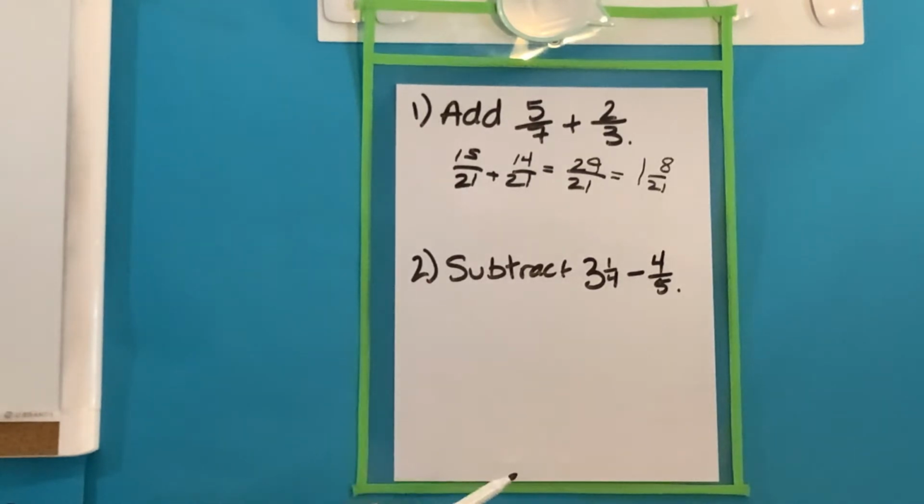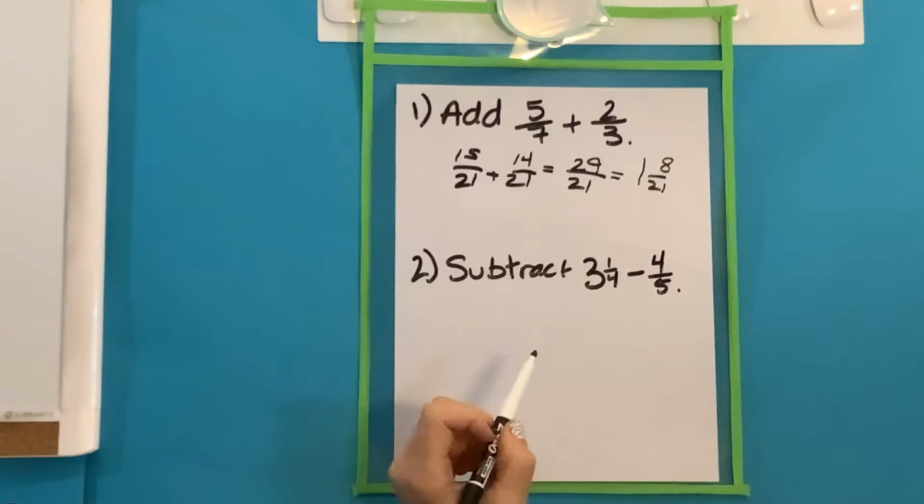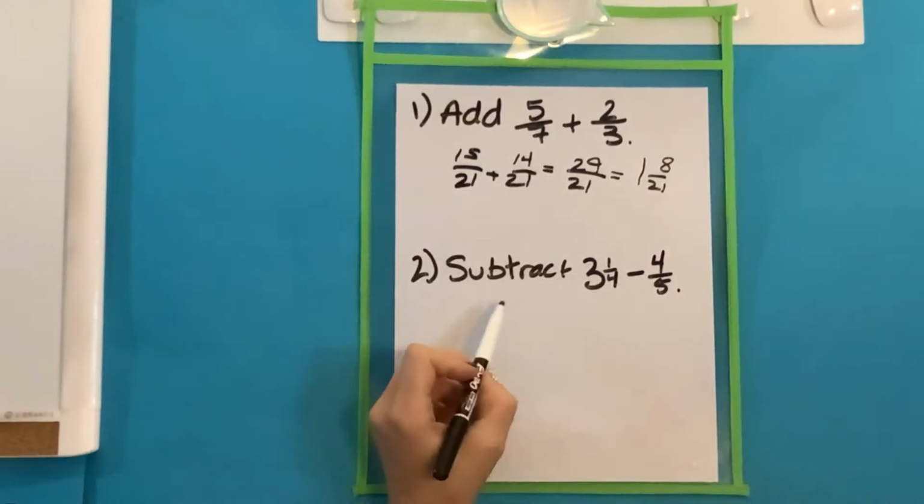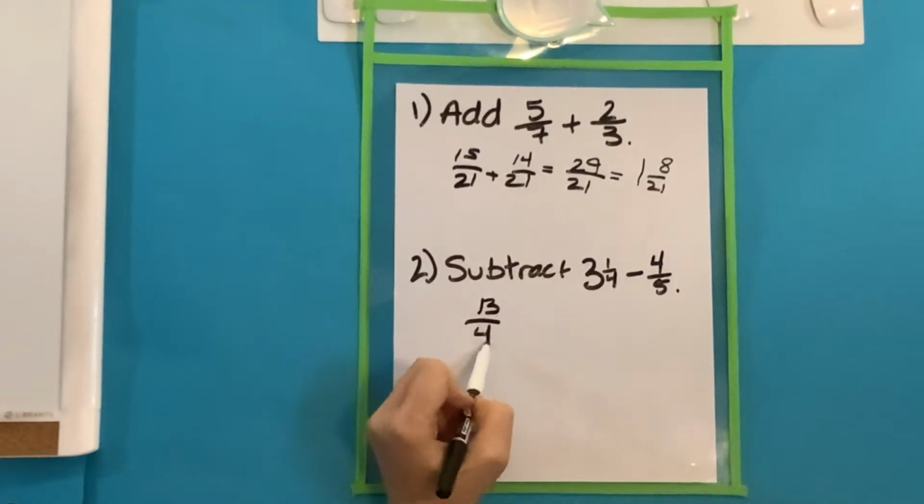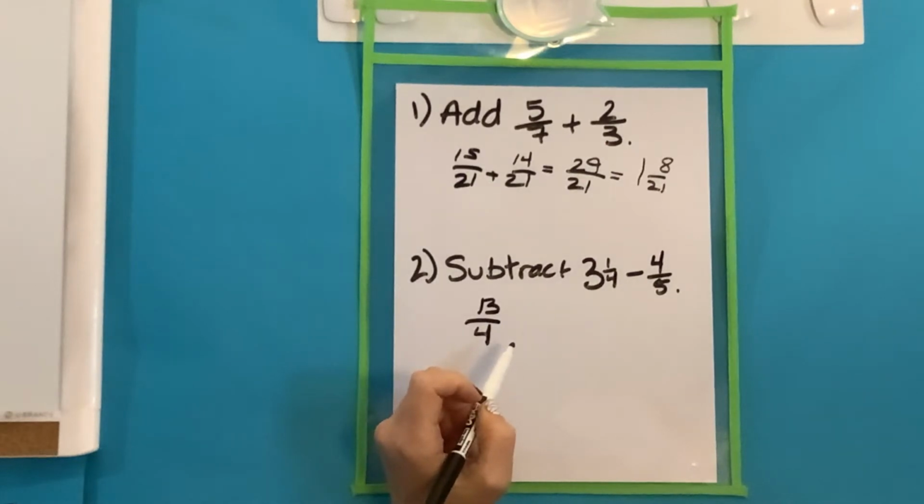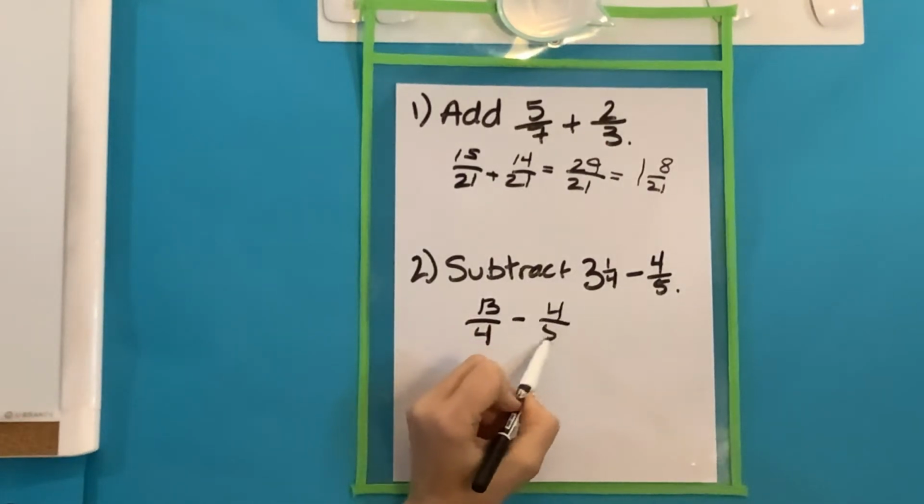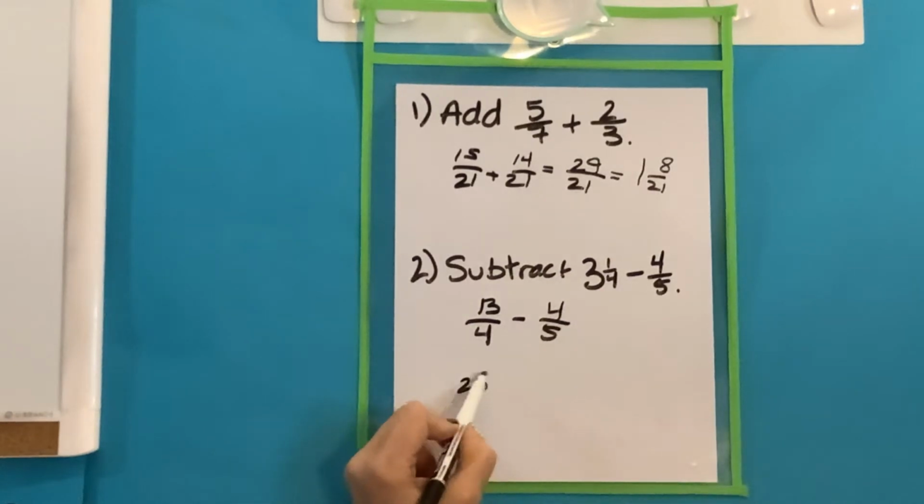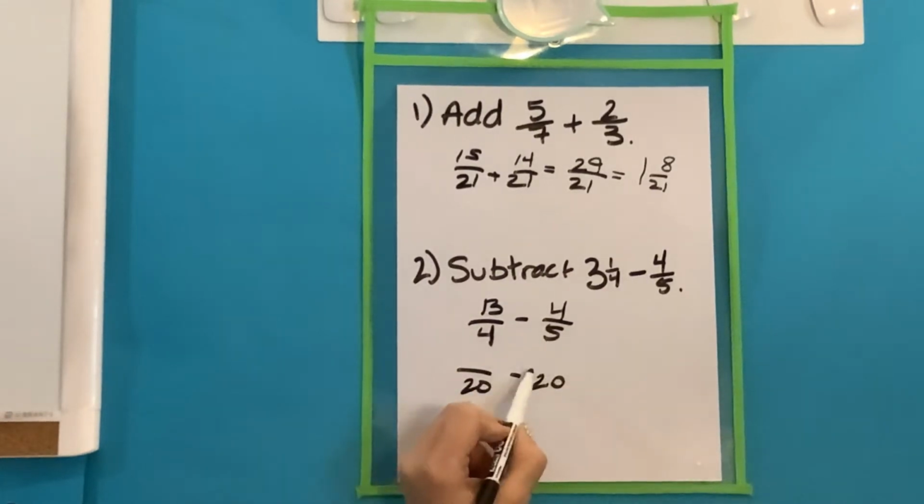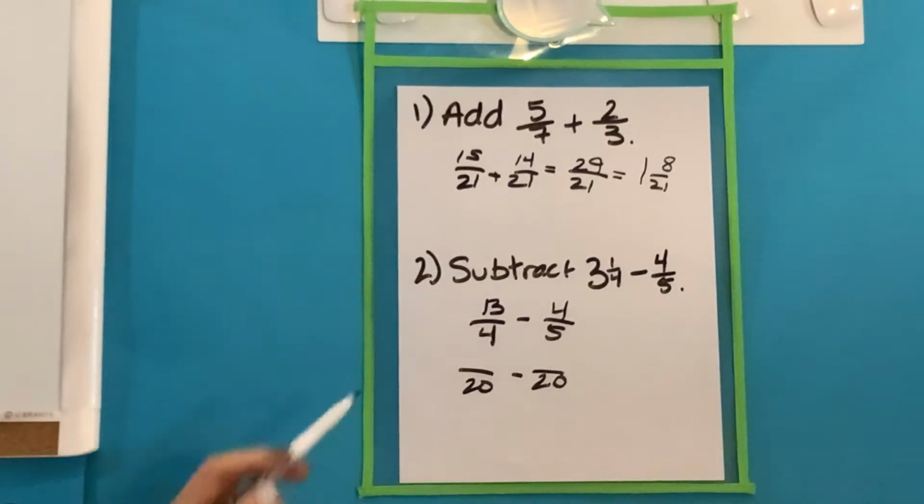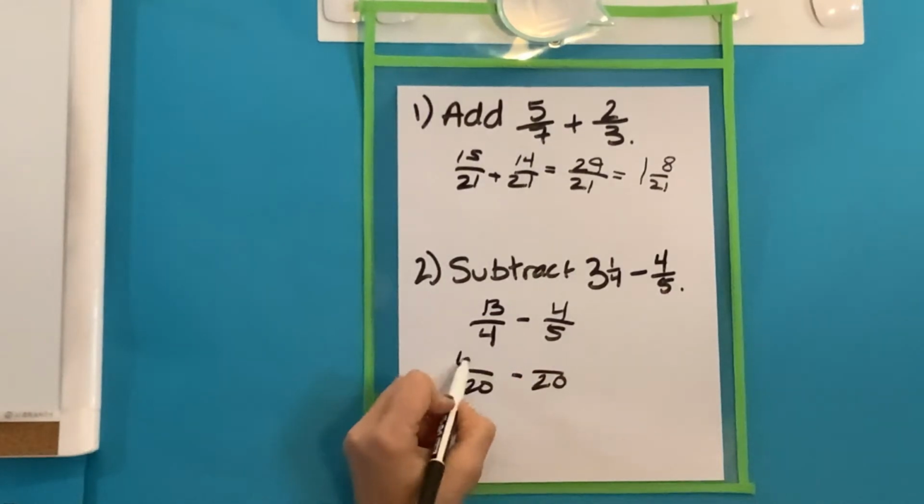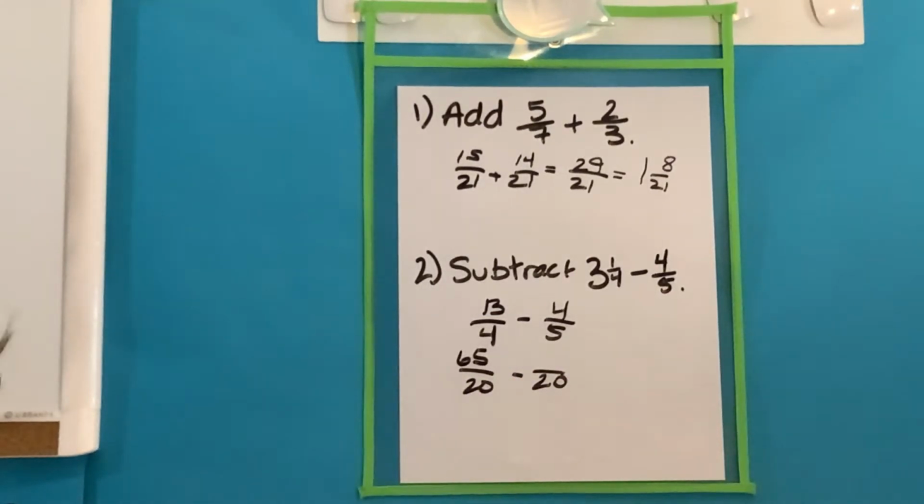All right, subtraction. Although we're going to build on this skill a little bit in the next couple of days. But remember, we're going to make improper first. So 3 and 1/4 becomes 13/4 minus 4/5. Then we find our common denominator, which is 20. So we need to multiply 4 by 5 and 13 by 5, okay? Maybe you know that, maybe you wrote it off to the side. Either way, you should have found that it's 65/20